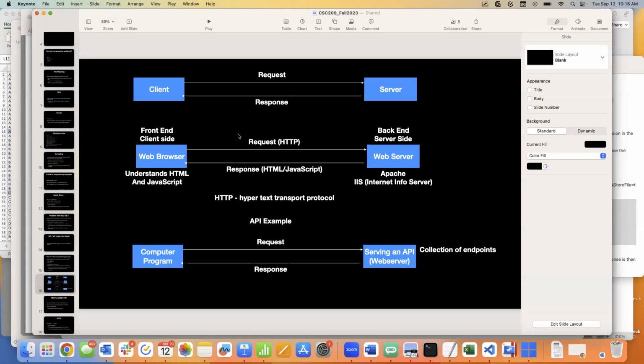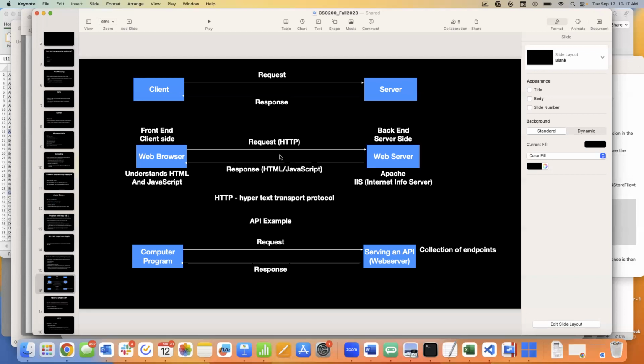So when we make a request from the web browser, that request is done using a language. It's called the HTTP protocol, Hypertext Transport Protocol. Whenever you see the word protocol in technology, translate that into language. It's a language for doing something. Right now, I'm speaking the English protocol.